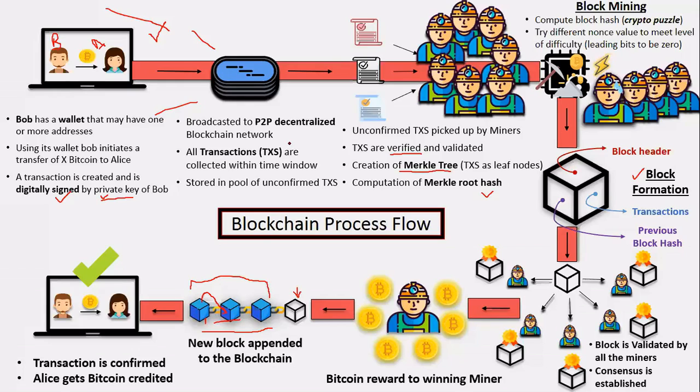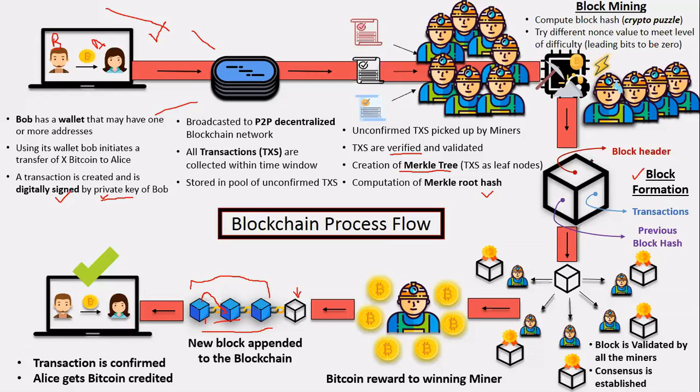All right, I'll quickly recap. Bob creates a transaction. All the other users also create transactions. They all submit these transactions, that means they broadcast them to the blockchain network, and a pool of unconfirmed transactions is created. After a particular duration of time, all these unconfirmed transactions are picked up by the miners across the globe. They then verify and validate every transaction, create a Merkle root hash, and then start mining. That means start finding the hash value such that it meets the difficulty level, and they keep on changing the